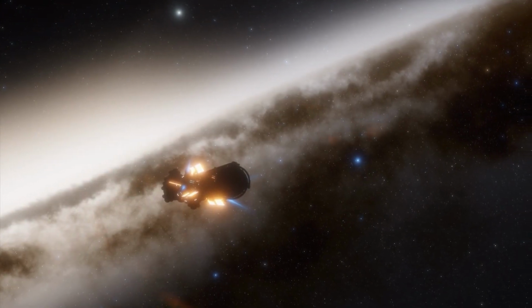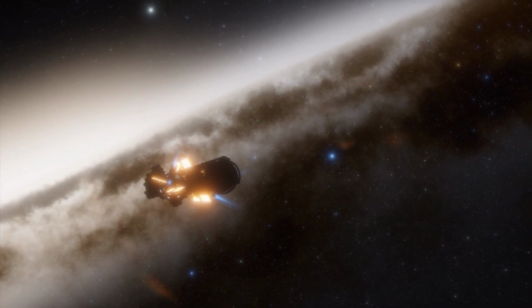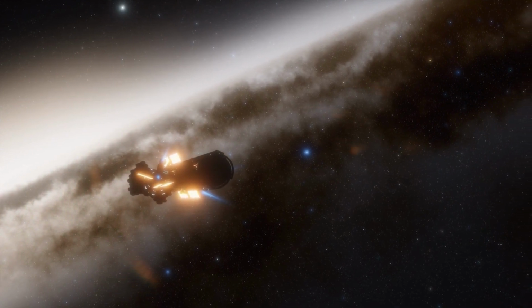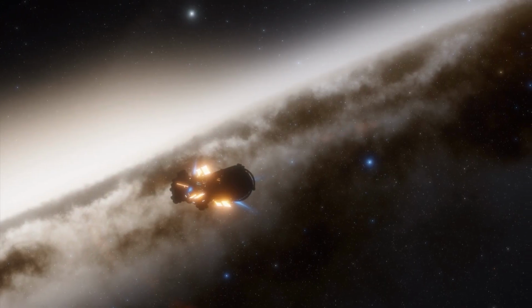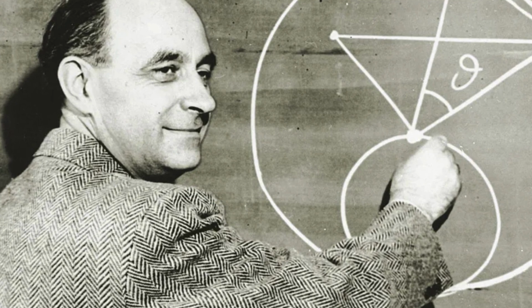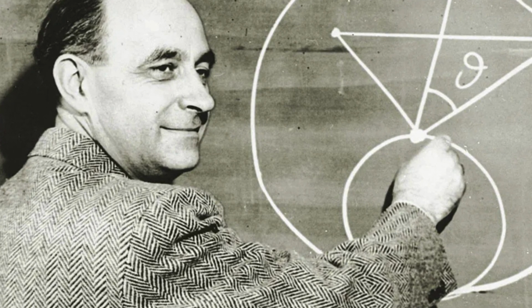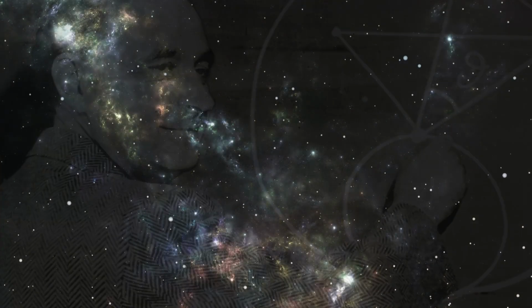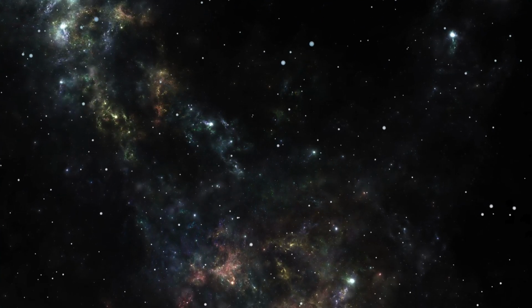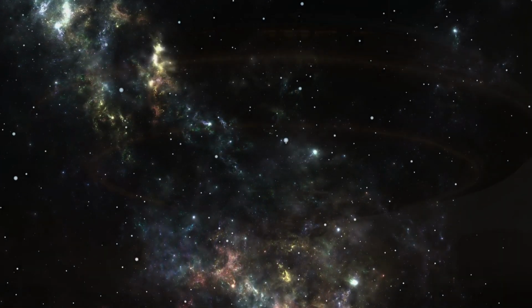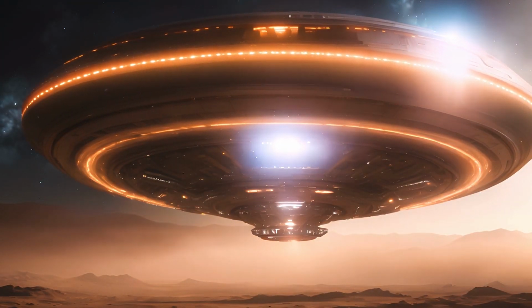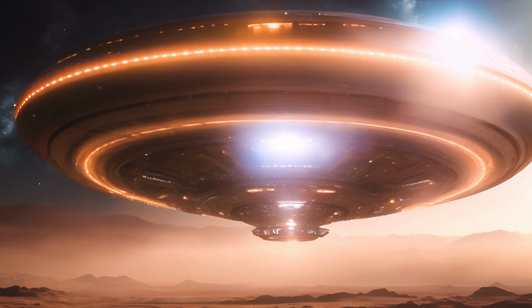In my previous video, I introduced the Great Filter Theory, which offers a possible explanation for the famous Fermi paradox. Back in the 1950s, Enrico Fermi pondered an intriguing question. Given the vast number of stars and potentially habitable planets, there should be an enormous number of intelligent civilizations in the universe. But just how many?